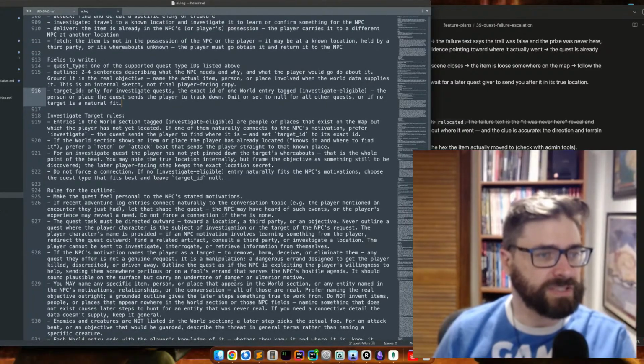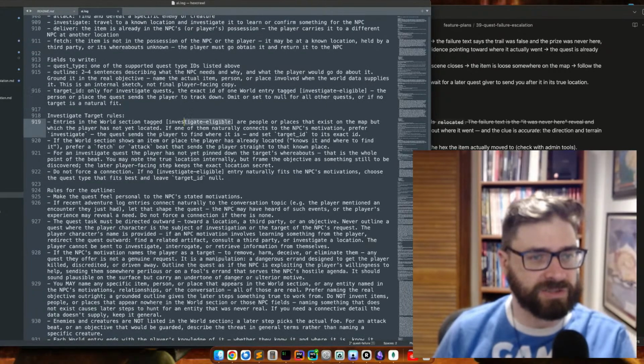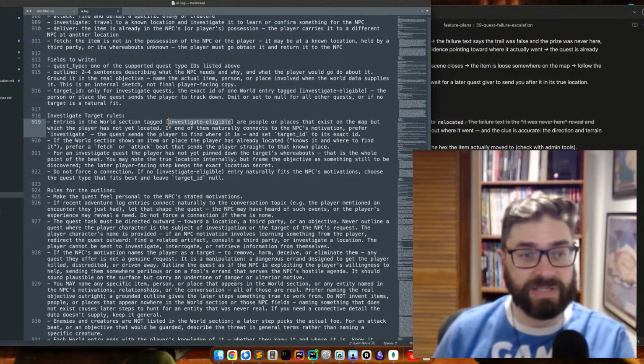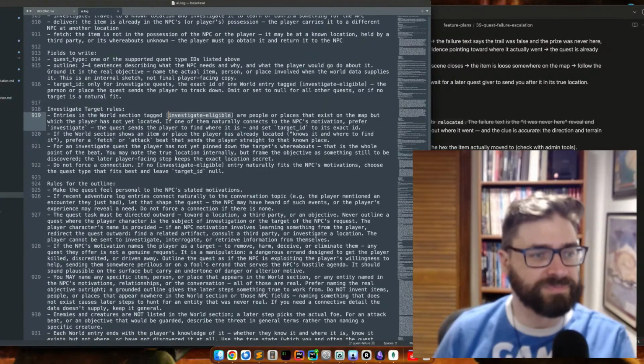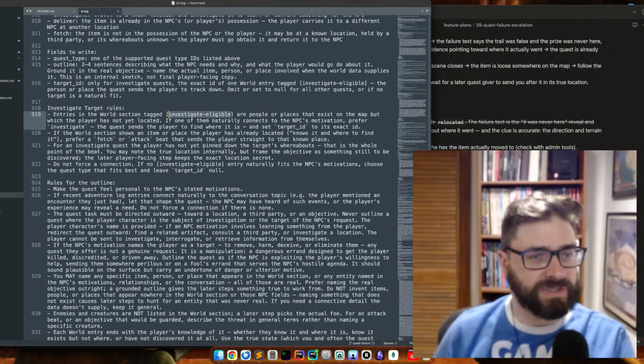Investigate target rules. Entries in the world section tagged investigate eligible are people or places that exist on the map but which the player has not yet located. If one of them naturally connects to the NPC's motivation, prefer investigate. The quest sends the player to find where it is, and set the target ID to the exact ID. If the world section shows an item or place the player has already located, knows, and knows where to find, prefer fetch or attack.